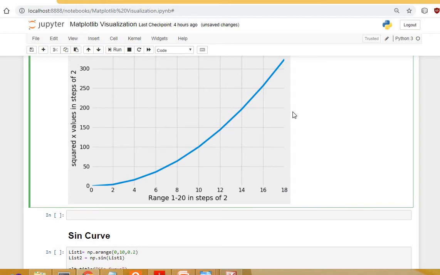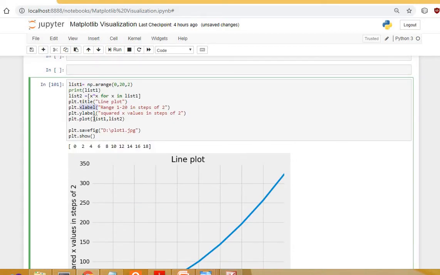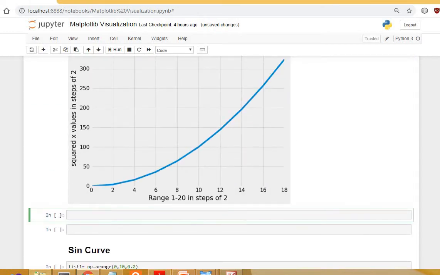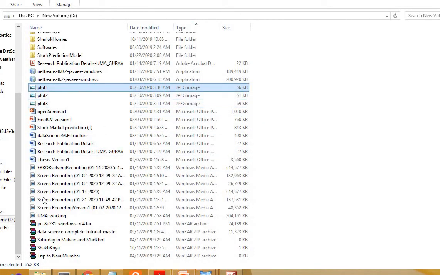We have plotted list 1 comma list 2, and then plt.savefig. Save figure means it is going to be saved somewhere. Where is it saved? D drive, plot1.jpg. So after execution of this, it is going to get saved in the D drive as plot1.